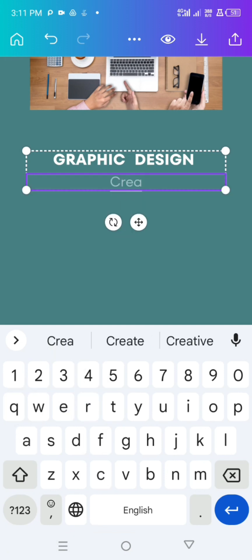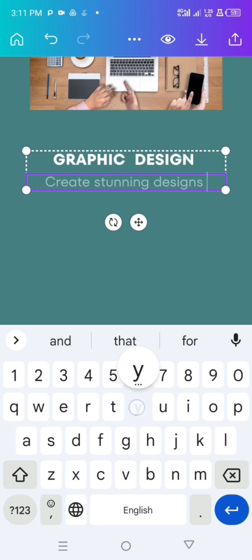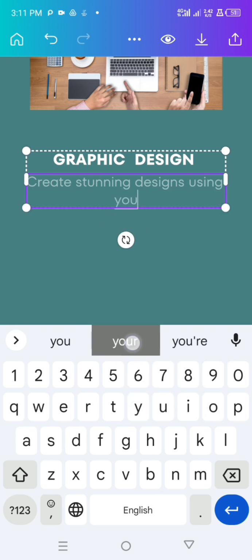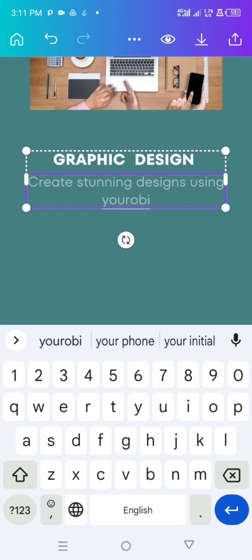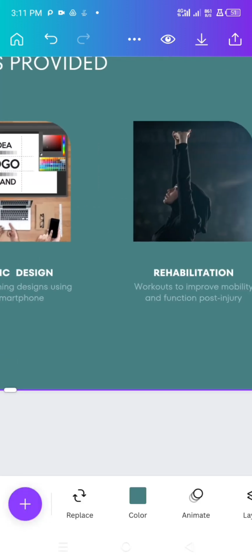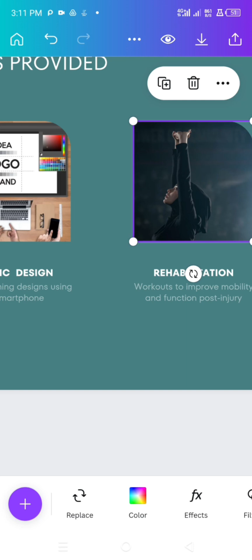Create stunning designs using your mobile phone, smartphone. Alright, so I'm going to leave this. And the third thing is,